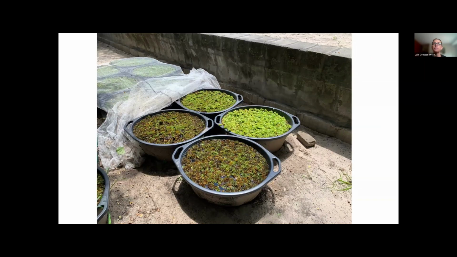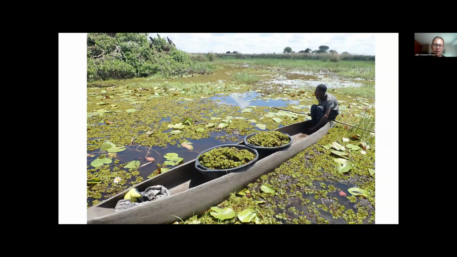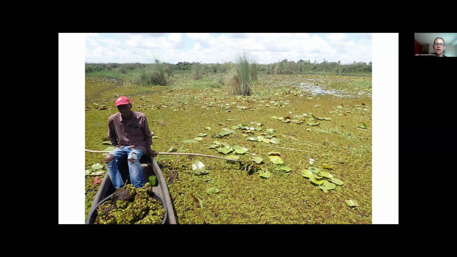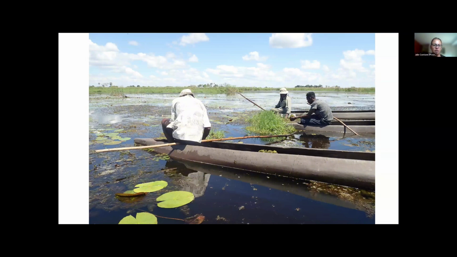And here's just a picture. You can see some very healthy green plants at the back where the biocontrol agents haven't been released yet, and here in the front. And so through this sort of farming of these insects and releasing them, here you can see one of the guys on his makoro, I hope that's what it's called in Botswana as well, with these tubs of salvinia that are teeming with the biocontrol agents and releasing them for a nature-based solution. Here's another picture of a tub of these plants, and a couple months later, coming back to these systems and the results of biological control.